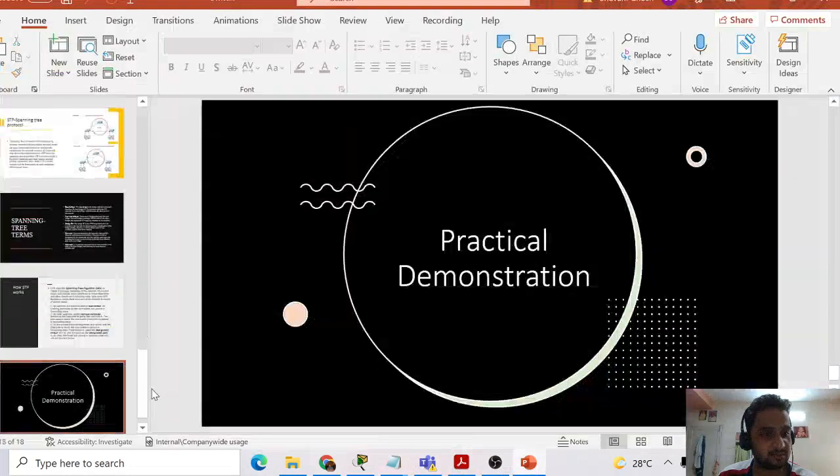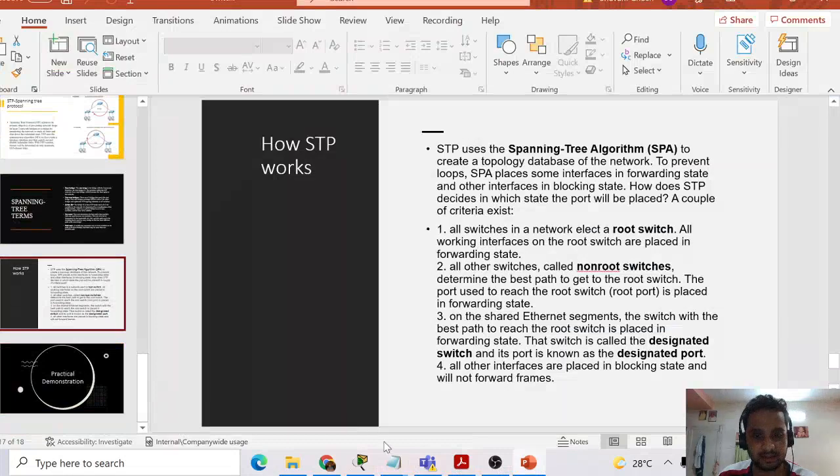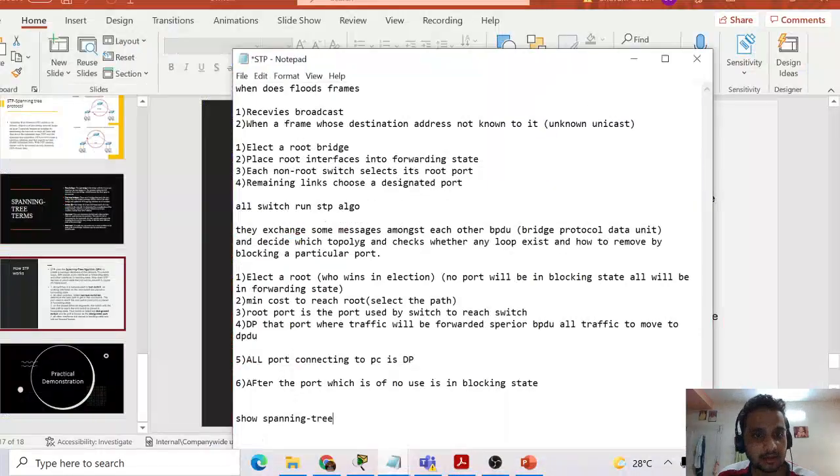They elect a root, who wins the election. No port will be in the blocking state on the root; all will be in forwarding state. The minimum cost to reach that root will be selected. The root port is the port used by the switch to reach the root. The designated port is the port where all traffic will be forwarded, and all ports connected to PCs are designated ports. In this way the spanning tree works.